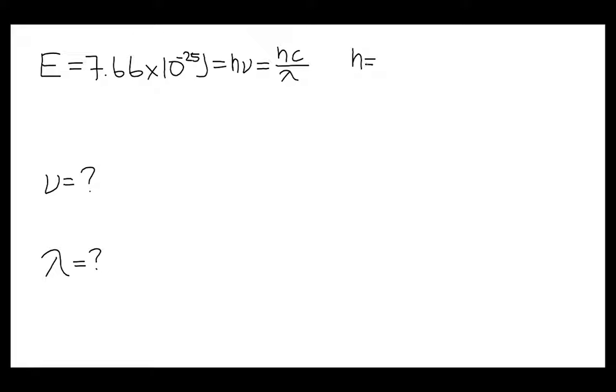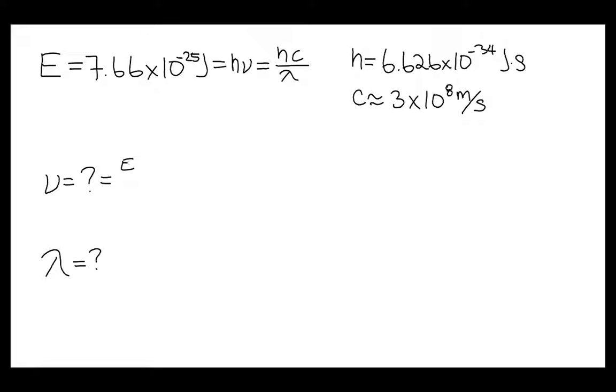H in both of these cases is Planck's constant, which is 6.626 times 10 to the negative 34 joule seconds, and c, which is the speed of light, is approximately equal to 3 times 10 to the 8th meters per second in a vacuum. If we plug our values into these equations, so in the case of frequency, we'll have